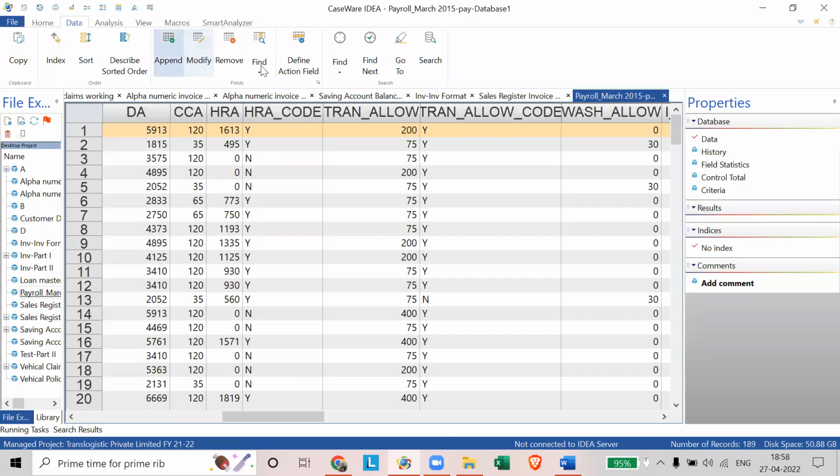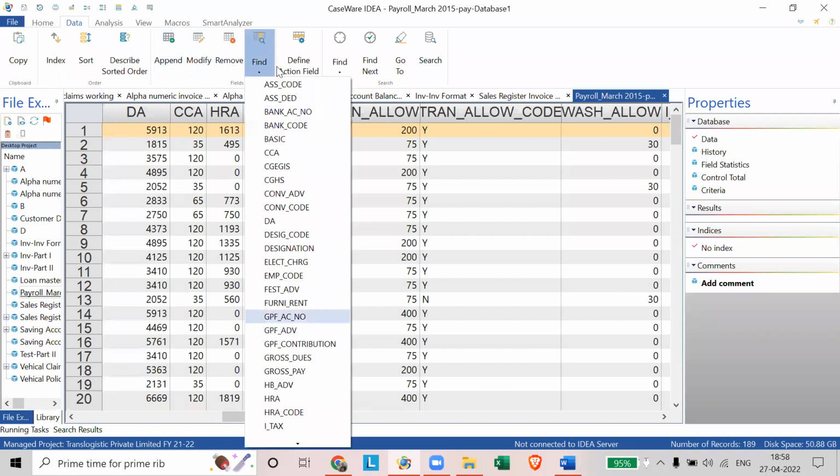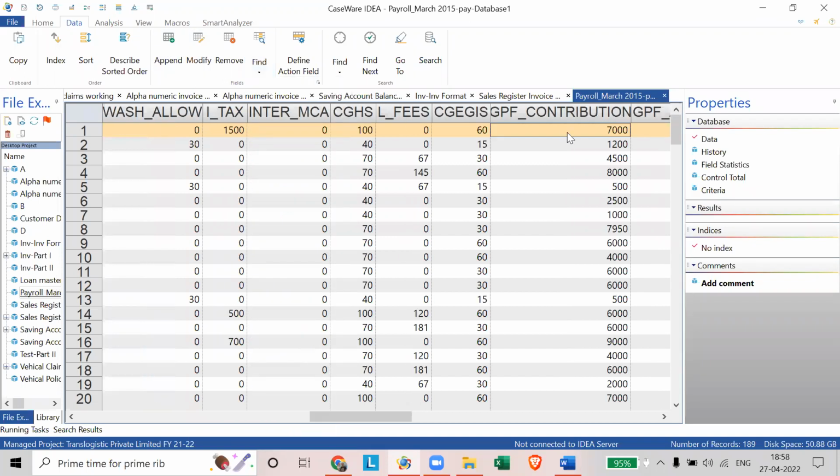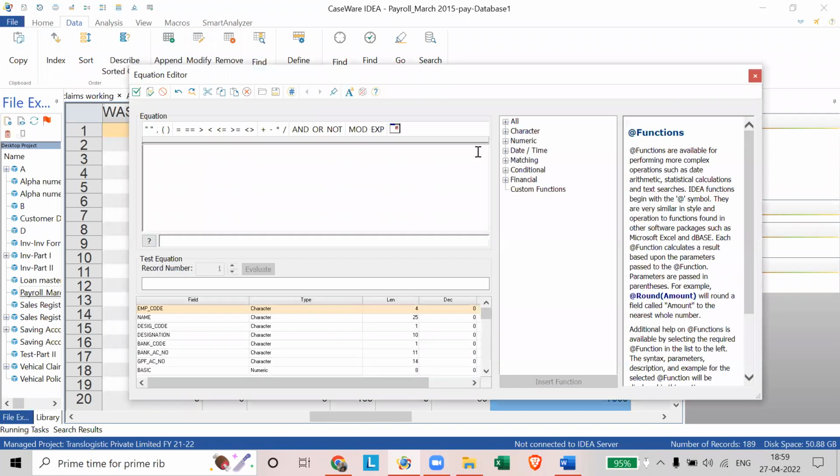So the column for provident fund is GPF contribution. So this is the column that we are looking at. Please look at this column. Now what is the condition that I am writing? Please look at what I am doing and then you can do it yourself. I am going to criteria and I am saying show me those records where GPF contribution